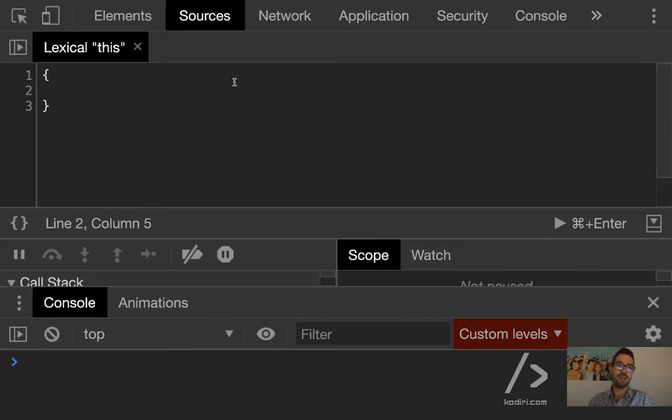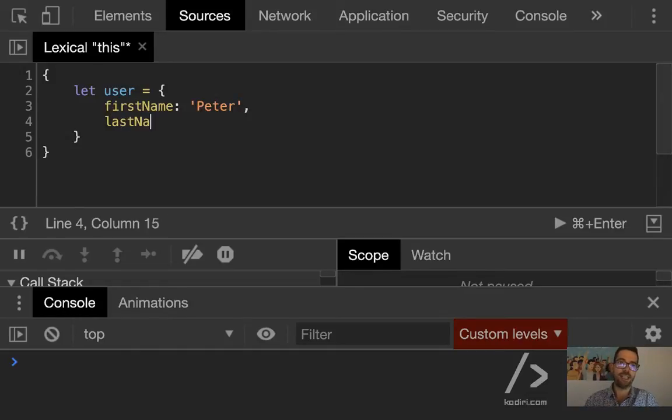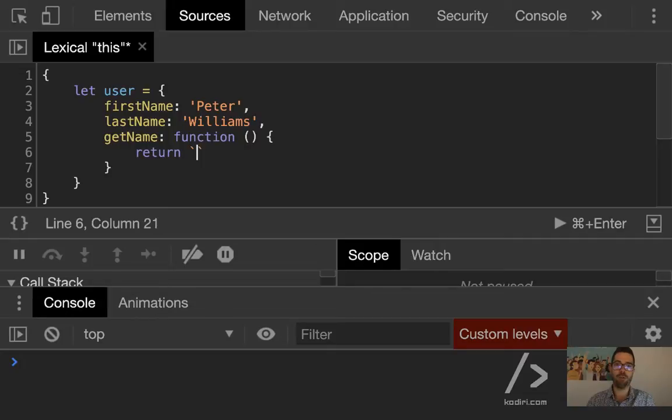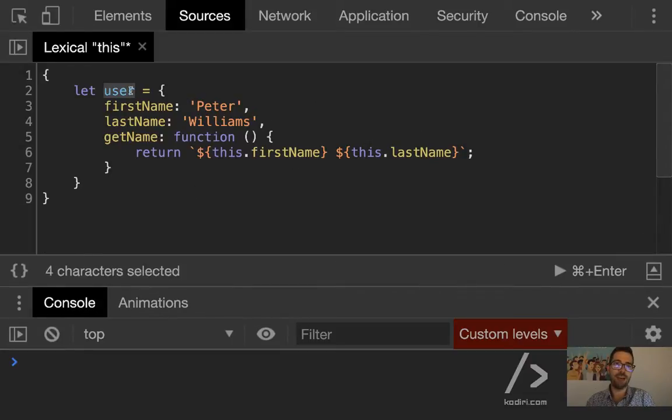So, I would like to create an object called user, and my user has first name, Peter, last name, Williams, and it has a method, getName. So whenever we call getName, it will return this.firstName and then a space and this.lastName. So the question is, if now we run user.getName,